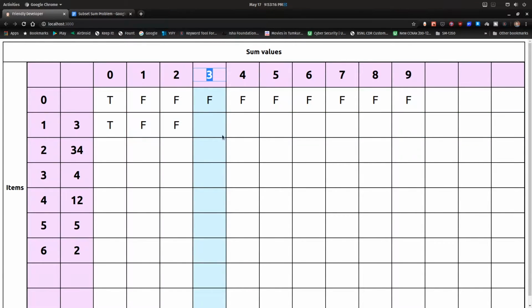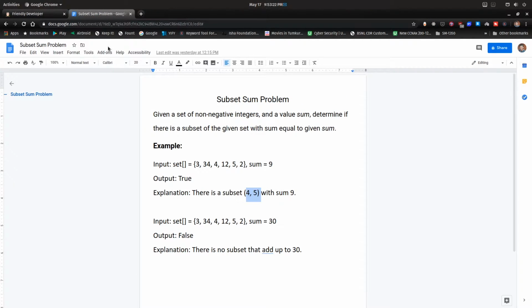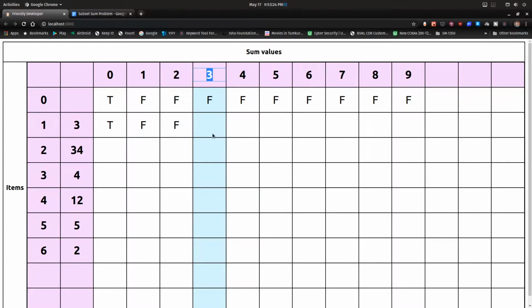For 3 we can include 3 in our subset solution so that the total sum becomes equal to 3. The solution for this is true. For a given set containing only 3 as the element, there are only two possible subsets: one where only 3 is contained and another which is the empty set. So we cannot get the sum for all the other values.